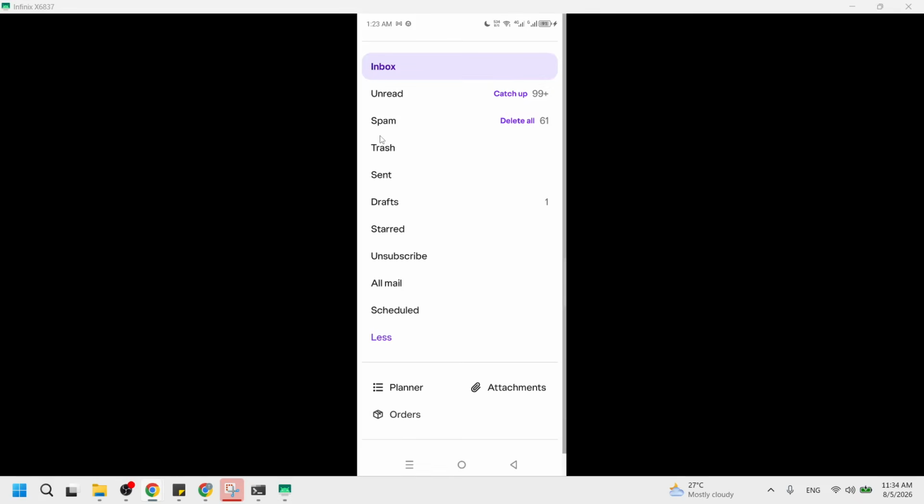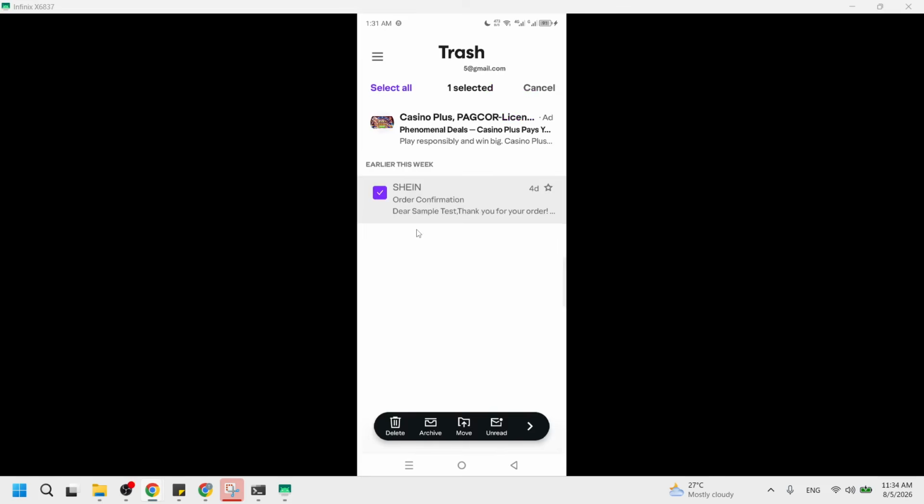Finally, locate the trash folder. Tap the empty trash icon next to the folder name, or open the folder and tap Delete All to finalize the permanent removal. When you empty trash, Yahoo Mail removes every message in that folder, not just the receipts, so be sure you no longer need anything else in there. After you confirm, the trash count drops to 0, and those purchase emails are gone from your Yahoo Mail on this phone. You just cleared your Yahoo Mail purchase history by deleting the order emails and emptying trash on your phone.